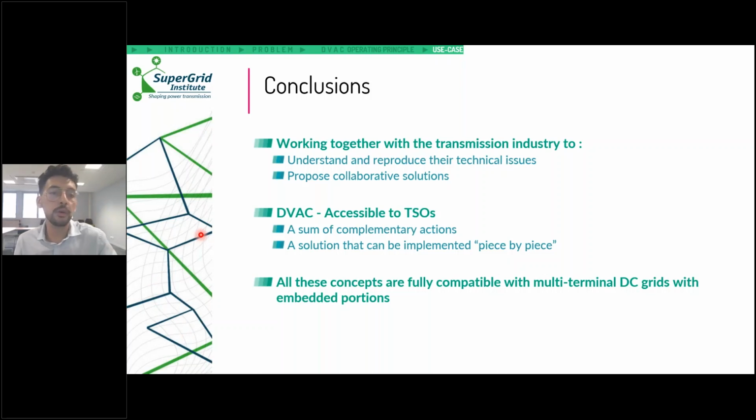I mean, it is very straightforward. We managed during this work to work together with the transmission industry to understand and reproduce their technical issues, and of course propose collaborative solutions. The algorithm that we propose, which is called the DVAC, is accessible to all TSOs. We say it's accessible because it represents a sum of complementary actions that are quite intuitive for TSOs. And it is very important also to say that this solution can be implemented piece by piece. Each action can be implemented separately